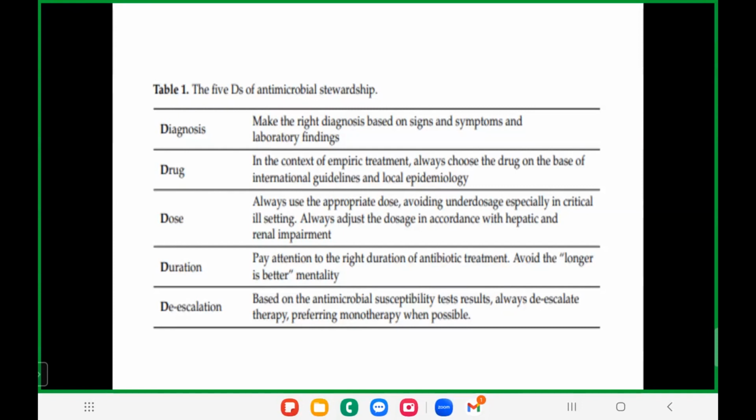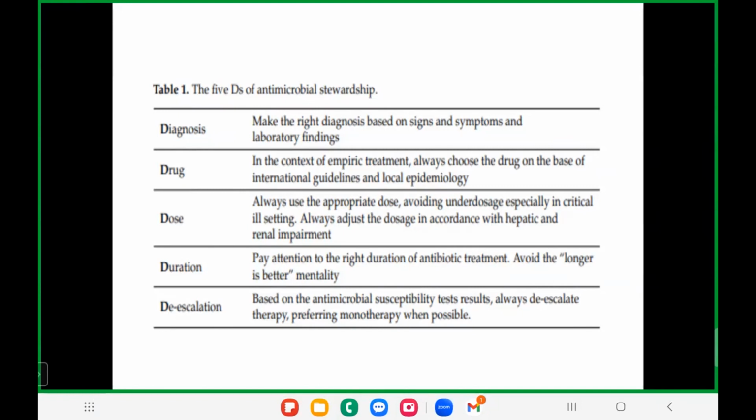That's a very important thing. And if you decide to start an antibiotic, you need to decide what empiric antibiotic to choose based on your local and international guidelines. The main thing I suggest is local epidemiology, the best thing we can follow to decide on the antibiotic. You can choose the commonest bugs from the international guidelines, but the susceptibility pattern of the bugs will be determined from local epidemiology.